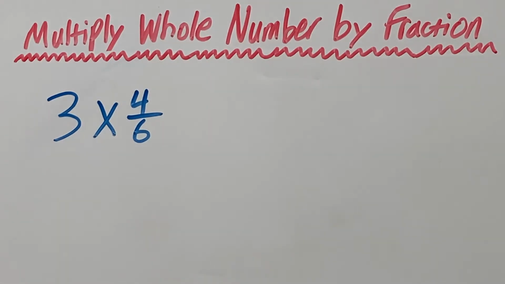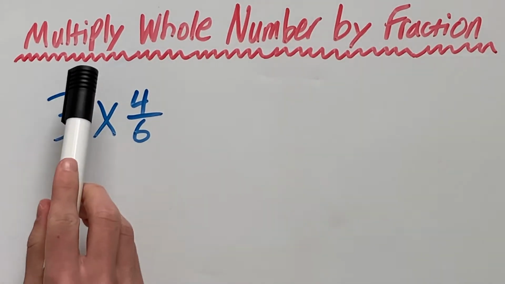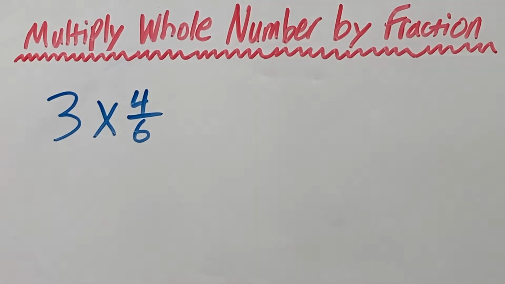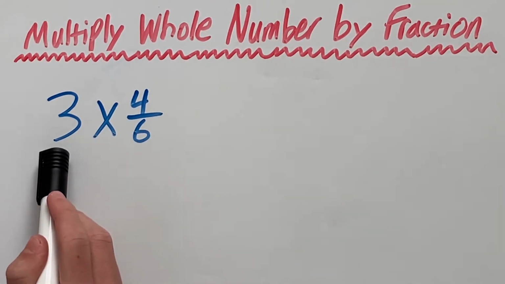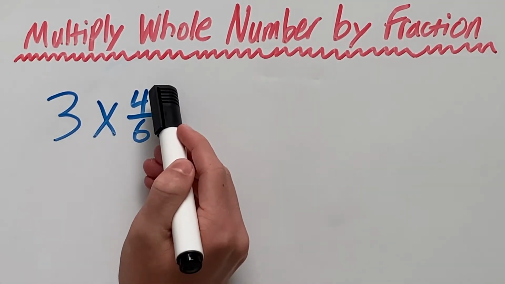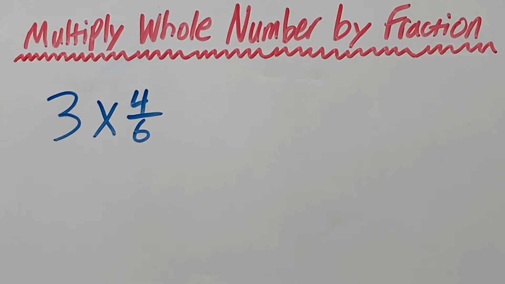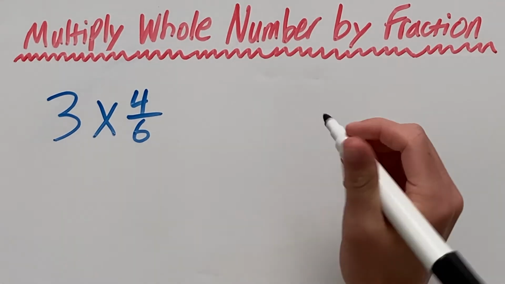Hello and welcome. In this video, we're going to look at how to multiply a whole number by a fraction. So, we have the example here, 3 times 4 over 6, where 3 is a whole number and 4 over 6 is a fraction. So, to do this, the first thing you want to realize is that 3 can be